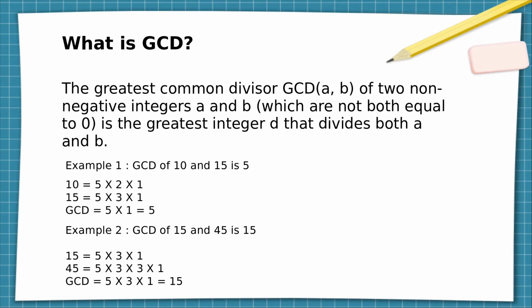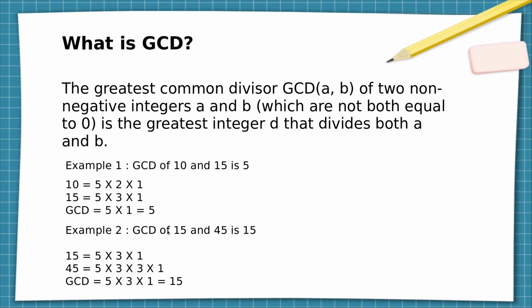Let's take a look at example 1. In this example we have to find GCD of 10 and 15, which is 5. So how to find GCD of 10 and 15? The process of finding GCD is taking the first number and writing all its factors. Now do the same with the second number. Now to calculate GCD, just multiply the common factors in both, right? In this case, 5 is common in both and 1 is common in both. So we just multiply 5 and 1 and we get GCD.